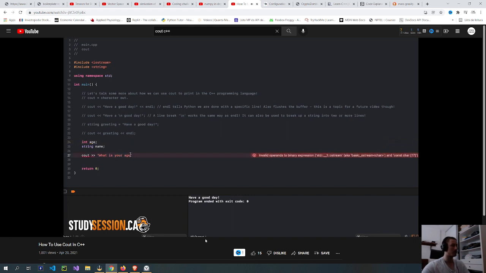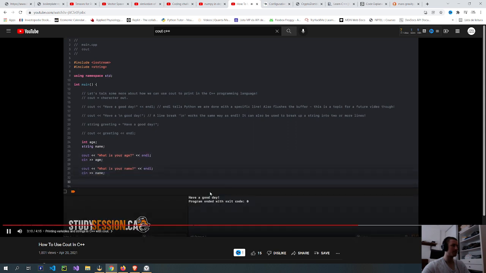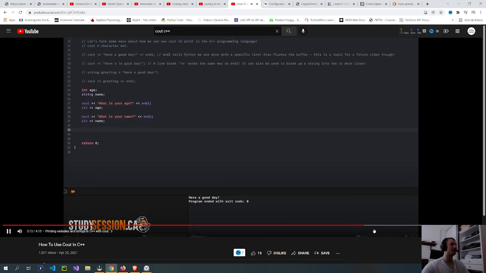Again, as we learned in the last video, to accept user input in C++, we type cin and then two greater than signs. So, these are opposite to what we have been using in our cout statements. Then we enter the variable that we want our user to give us a value for. And there we go, we just declared a variable and then we let our user initialize it. Let's just repeat this process for the age variable now. Now, once we run our program, the user will initialize both these variables.